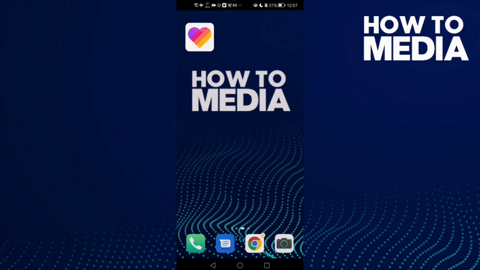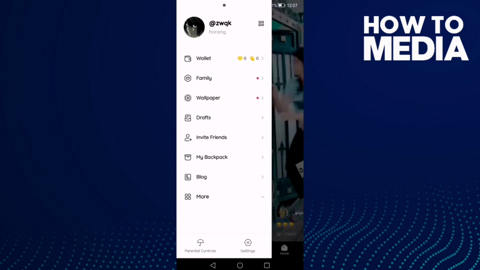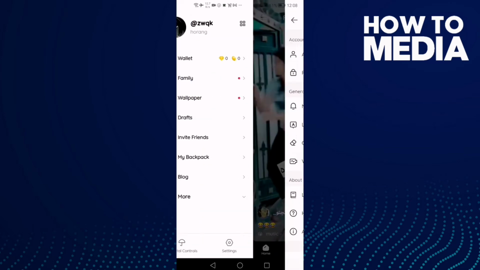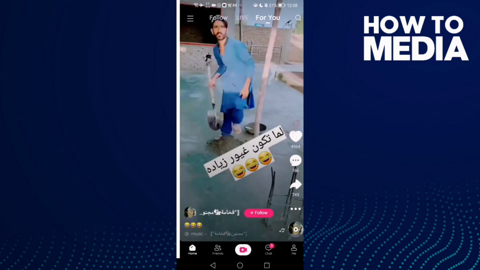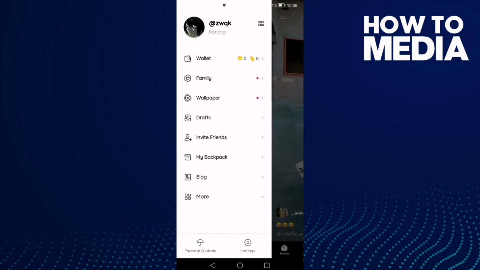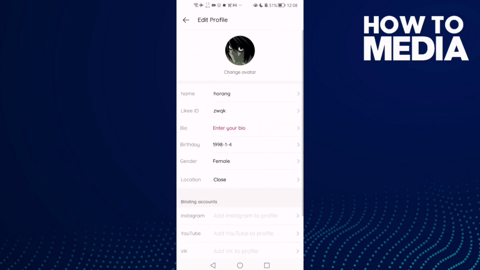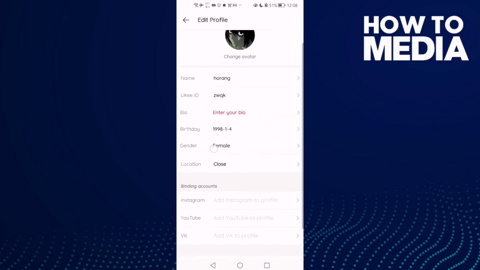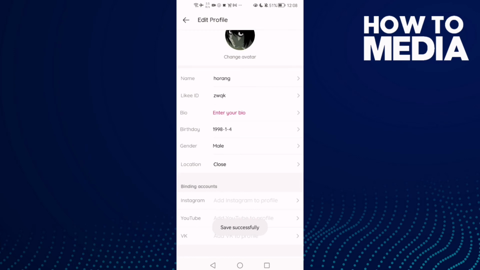First thing, go to Likee app and here you will find these three lines in the top corner, and then just click settings, and here you will find this one, not settings. Click these three lines in the top corner and then click on your profile, and now just click edit, and here you will find your gender. Click on it and click male and save. Now just go back,